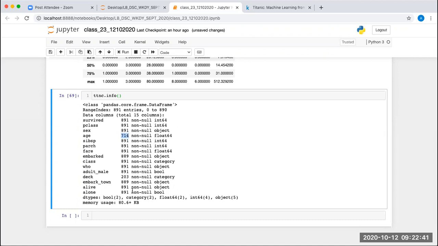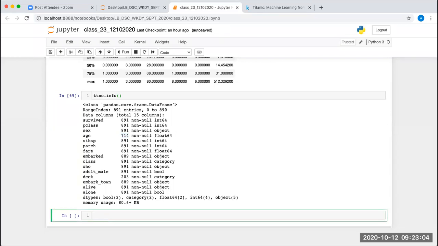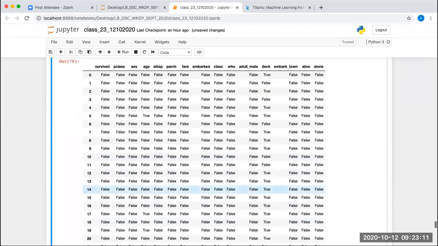I will check which data points are null. First of all, let me get ttnc.isnull.